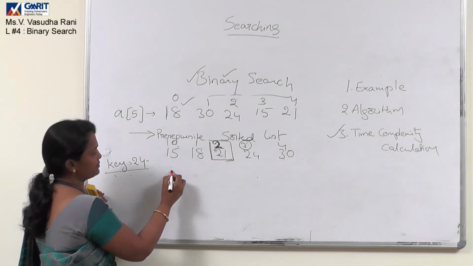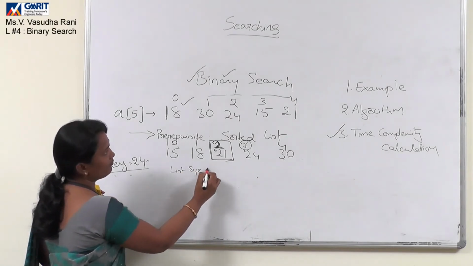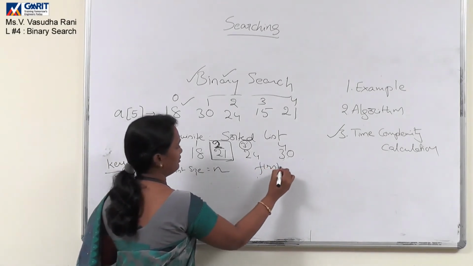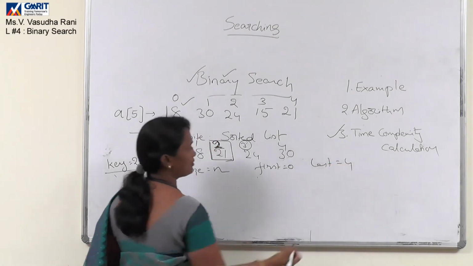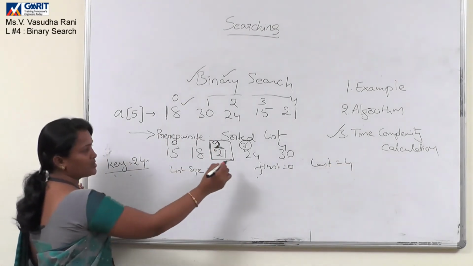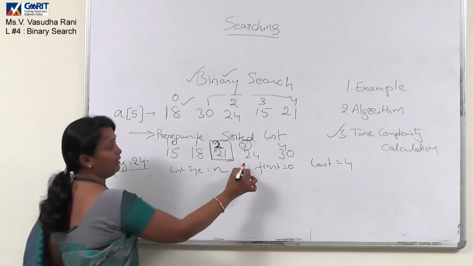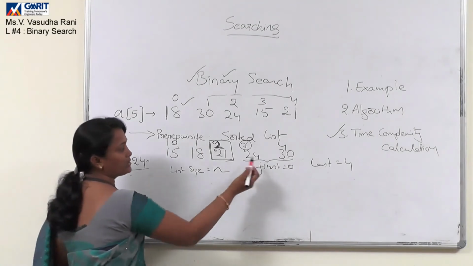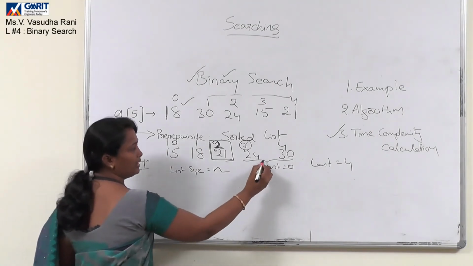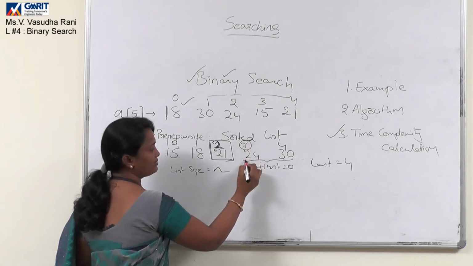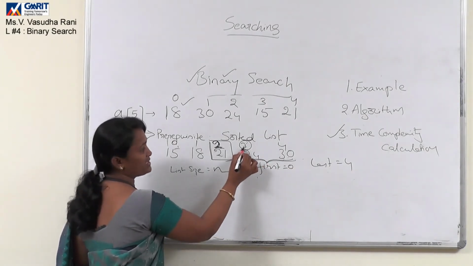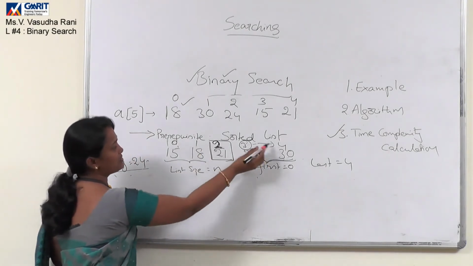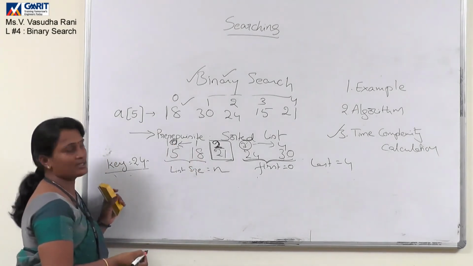List size is n, and we have our first and last values, and this process has to be repeated until we find a list with 0 values. How it can be considered is, as the list is reducing its size, this first is reaching its last value, or if you consider this side, this last is reaching its first index value.